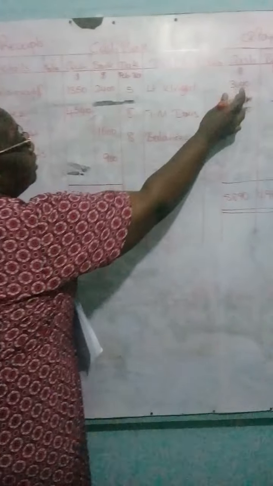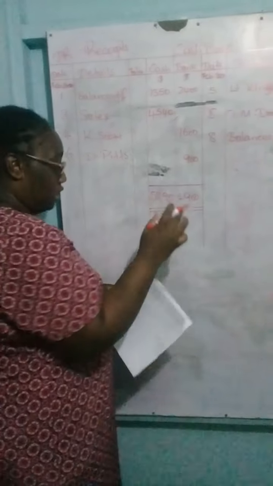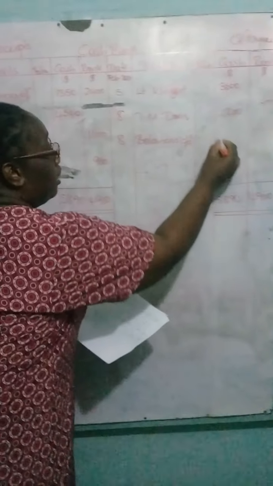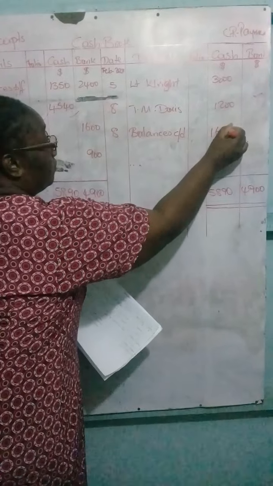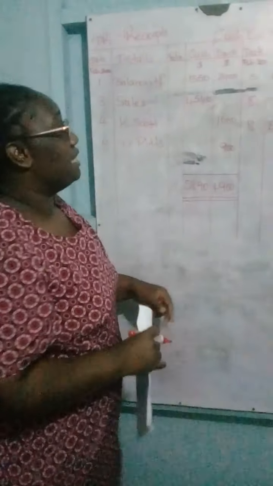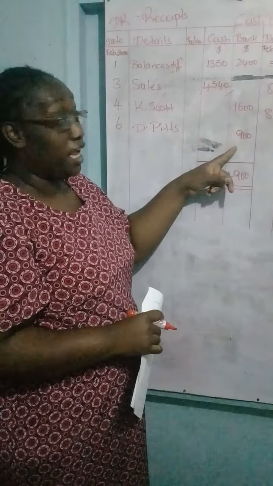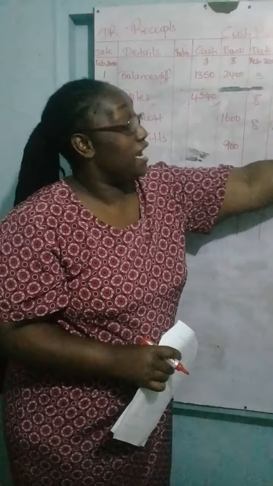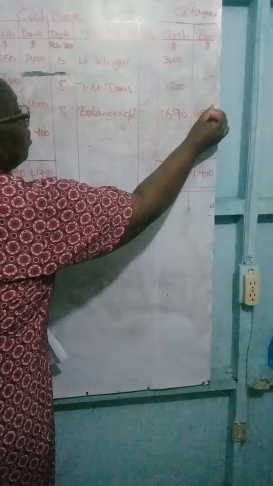Now when we total the cash column and subtract it from 5,890, we should arrive at $1,690. Now realize that the business received payments in check, but they did not make any check payments. So the amount there is according to the balance on the debit side of